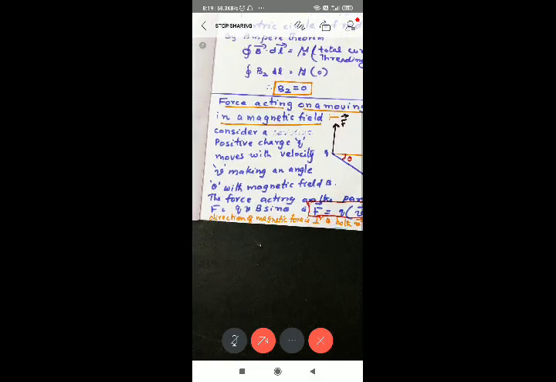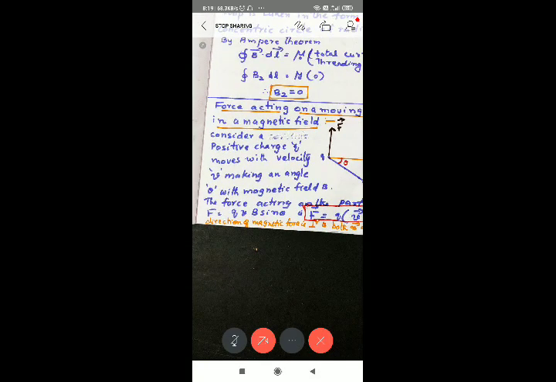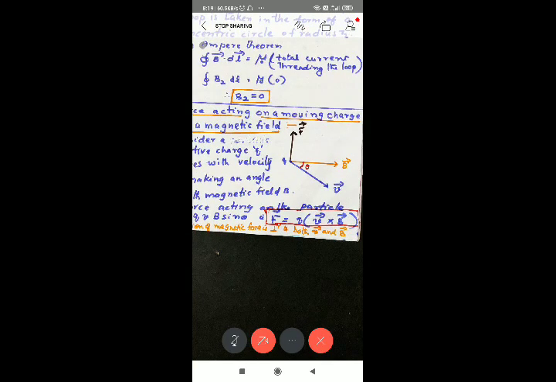Okay. Force acting on the particle F equal to Q V B sin theta. So all directly proportional. Okay. Then that is the magnitude, and as a vector, how can we write it? Vector F equal to Q, Q is a scalar quantity, Q into V cross B.